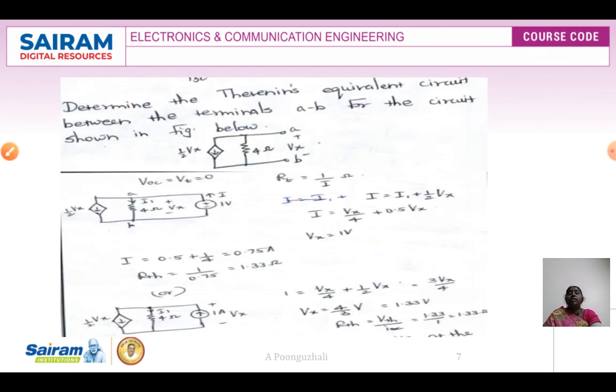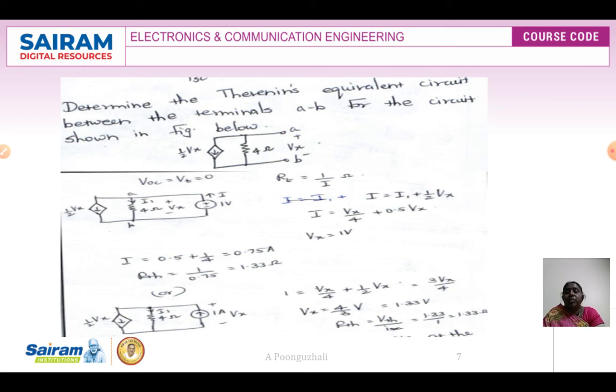So here next is determine the Thevenin's equivalent circuit between the terminals AB for the circuit. Now we are seeing that we have only a dependent source. So in this case either we can connect a 1 volt voltage source or a 1 amp current source there. If I connect a 1 volt voltage source, your RTH is equivalent to 1 by I